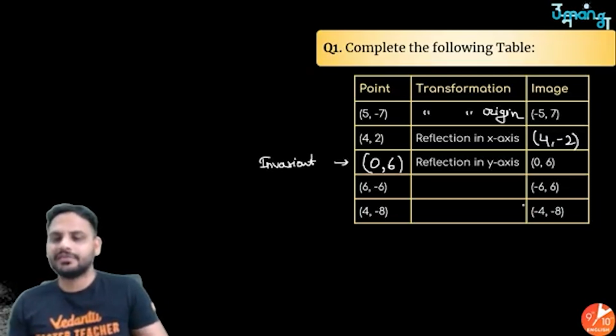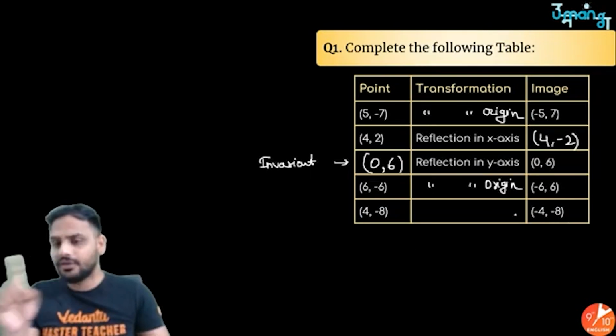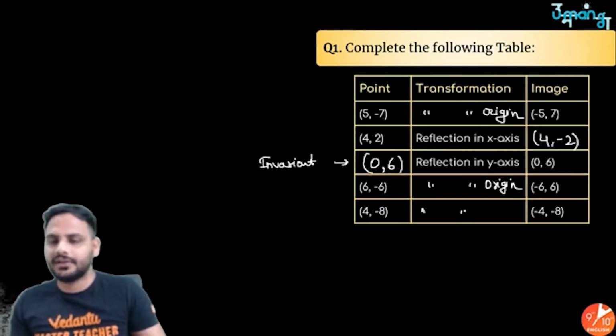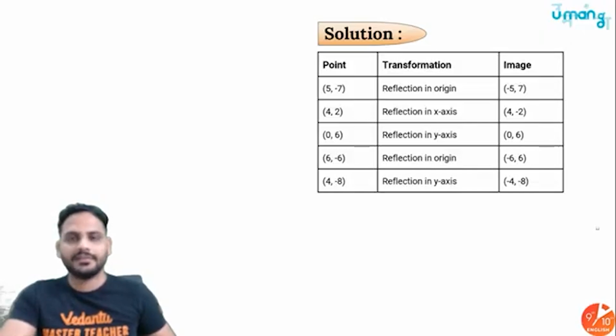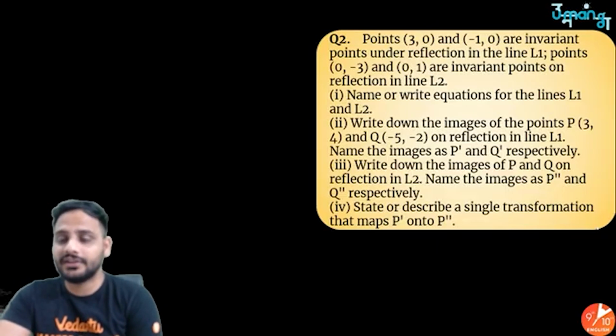Now (6, -6), again you can clearly see both x and y are changing the sign, so it is reflection under origin. Then (4, -8) to (-4, -8). So see, y coordinate is exactly same. The only thing is x coordinate is changing its sign. So we can clearly say it is reflection under y axis. Okay, simple. Next question: point (3, 0) and (-1, 0) are invariant points under the